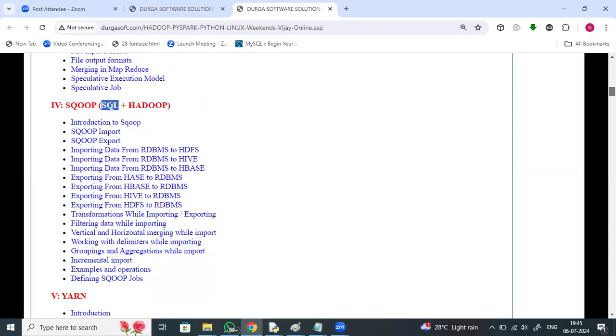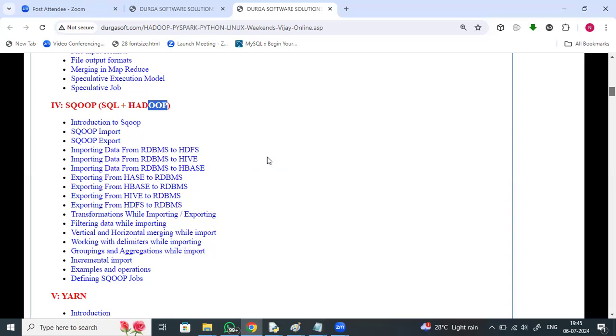The first two characters of SQL and the last three characters of Hadoop form Sqoop, right? So importing data from databases to Hadoop, the Sqoop component, pulling data from different data sources and performing transformations, filtering, all different types of operations based on the business logic.